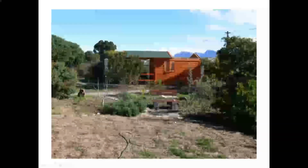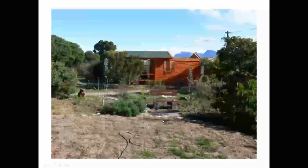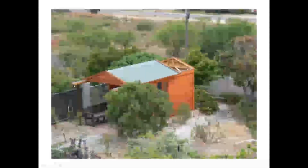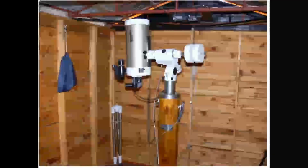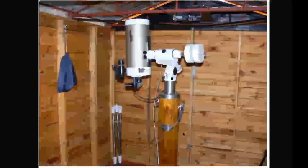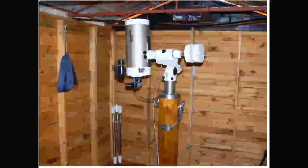This is a photo of the Fisherhaven medium telescope, which was sent to me and permission granted to use by the resident astronomer called Johan Retief. There's another photo of it. You can see the roll-off roof, and you can see the beams on which the roof must rest. If you look inside it, it's a timber Wendy house structure, the roll-off roof. Johan used a very nice, I think it's oak pier, which was machined by a neighbor down the road from him,